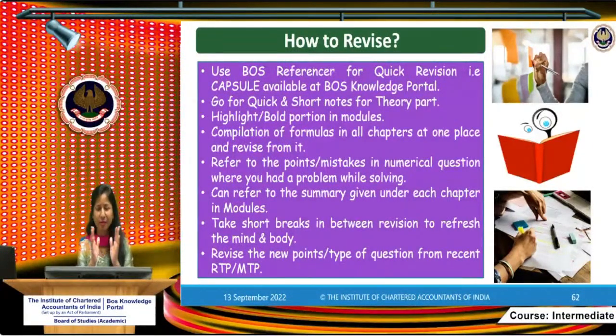If you don't know about the BoS mobile app, you just need to go to the Play Store and download it. Then you need to register with your registration number. Then go to the LCC section, where you have all the information regarding the sessions going on and all the sessions already held.